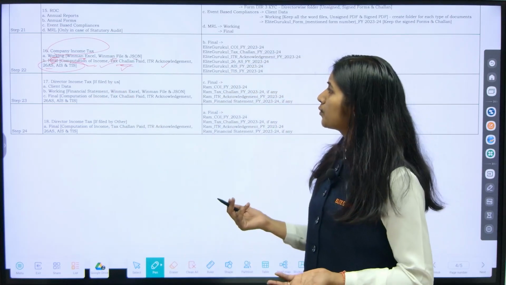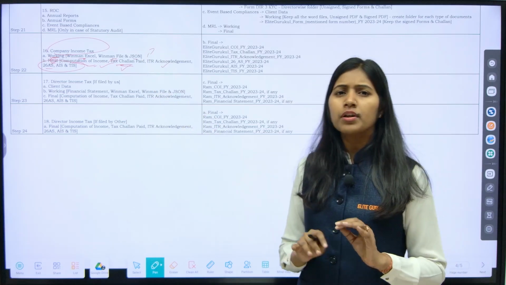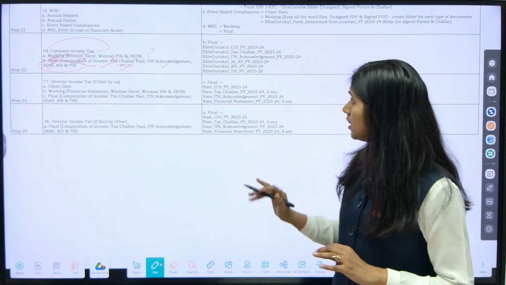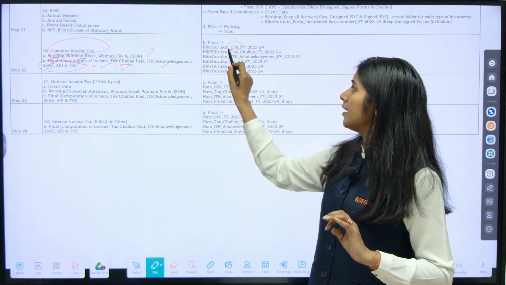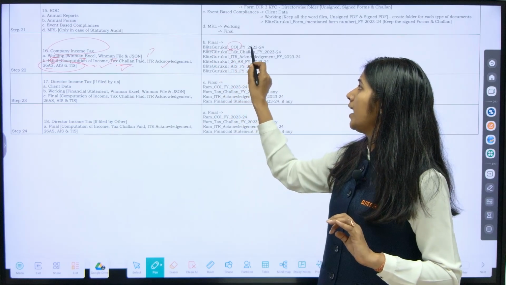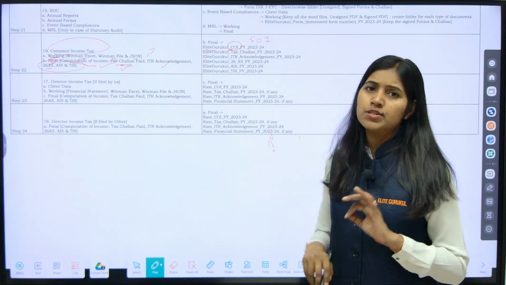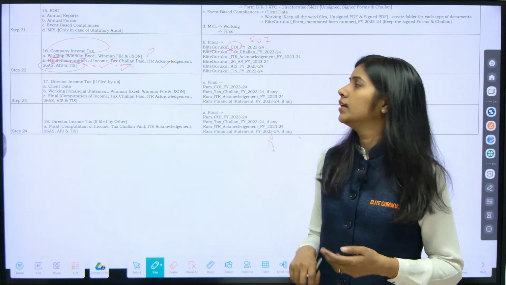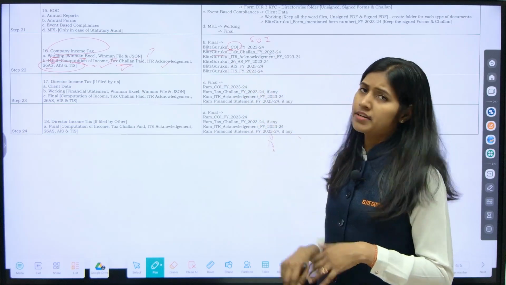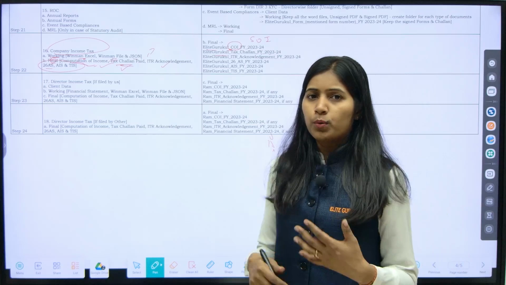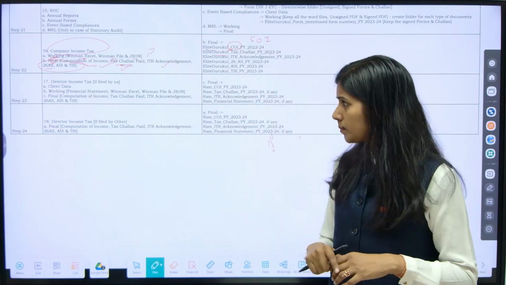And how are you going to name it? For working, you are not worried about working, so you don't rename anything in the working folder. If it is your computation of income, mention the company name underscore COI underscore FY underscore 2324. You can also write it as statement of income, SOI, that will also be enough. And then if you have paid the tax, tax challan underscore FY 2324. So likewise you are supposed to rename for each folder, which I have already given as an example here.